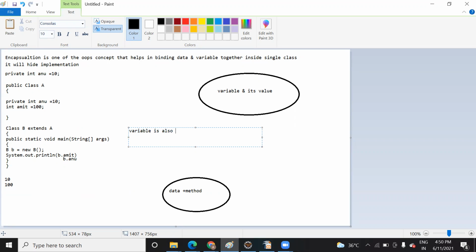A variable is also known as a data variable. You can say member variable.